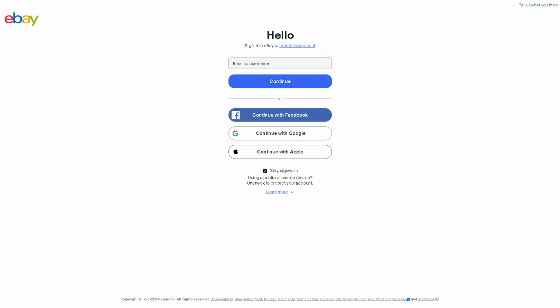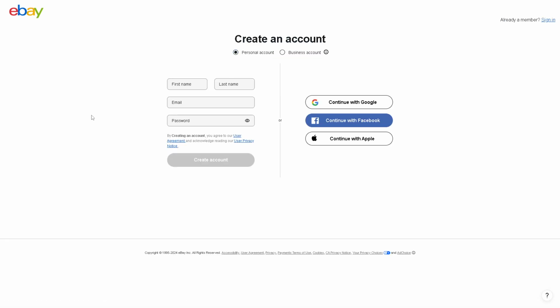Okay, so the first thing we need to do is to log into our account by continuing using our Facebook, Google, or Apple. Or if you haven't done so, why not create an account, be it personal or business. Just provide your full legal name, email, a password, and click on the create button here and follow the on-screen